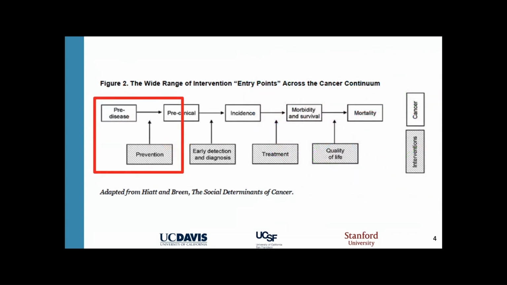So again, thinking about where we're really focused, this isn't to say that all of these areas and pathways and treatment and early diagnosis aren't really, really important. But this was one of the clear things from NCI that they wanted this project and these centers to focus on that was really different than most of the other work being done at NCI, which is focusing on this prevention stage, pre-disease, pre-clinical. What are the things we can be doing at this point to, over the long term, prevent cancer